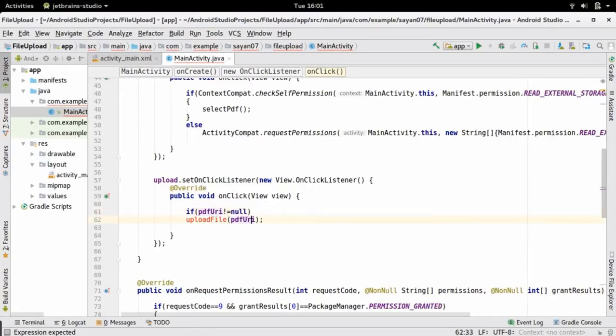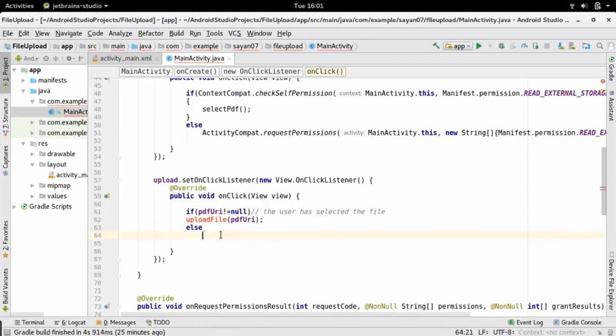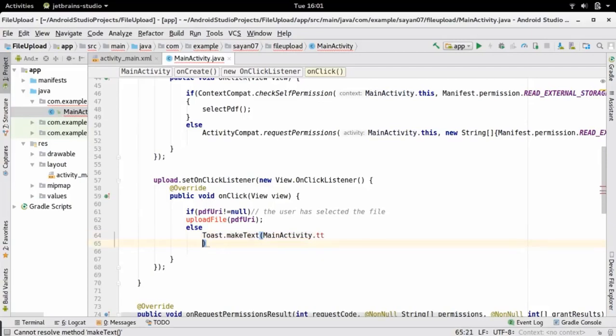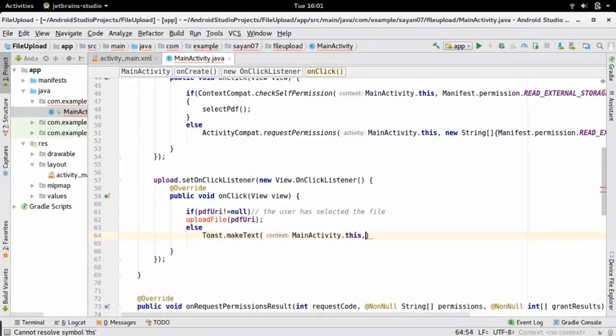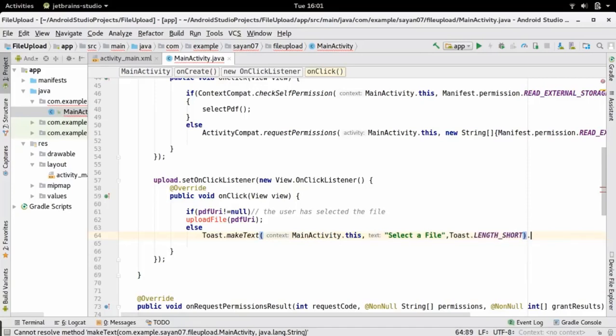If it is not null, it denotes that the user has successfully selected the file, and if it is null, we are going to display a message to the user that you should select a file. Then pass the duration and call the show method.